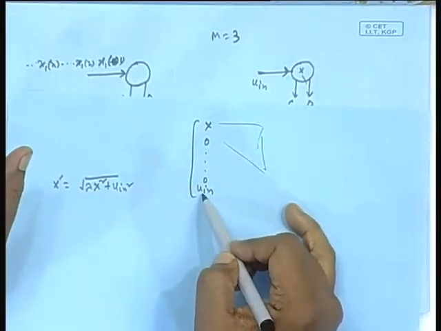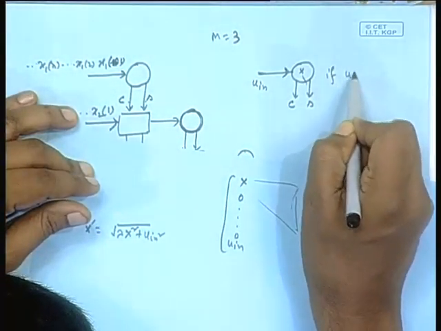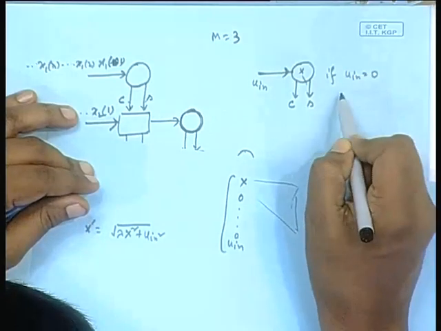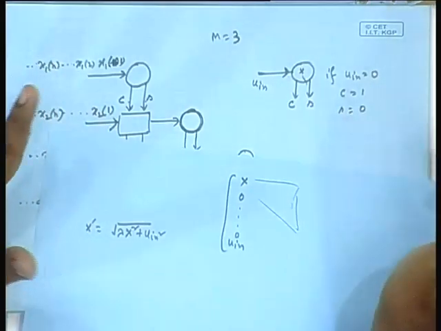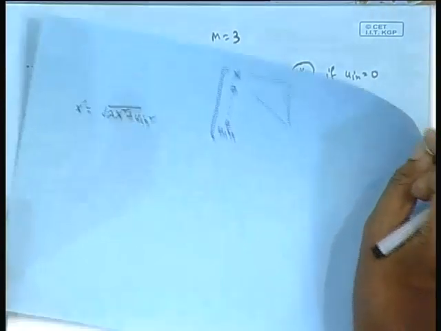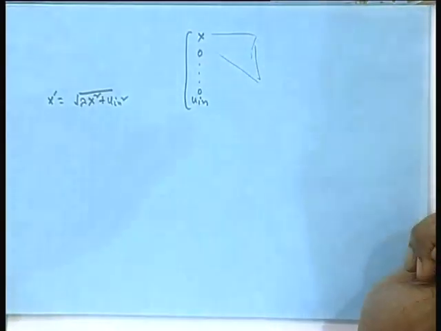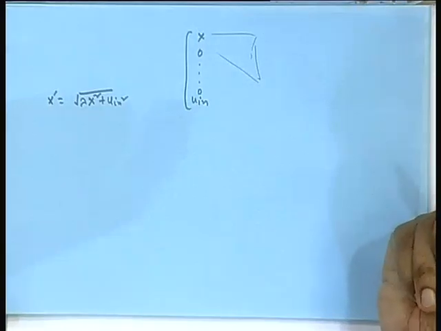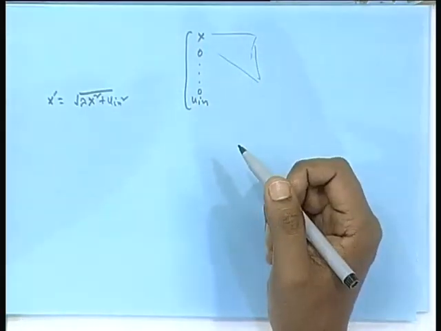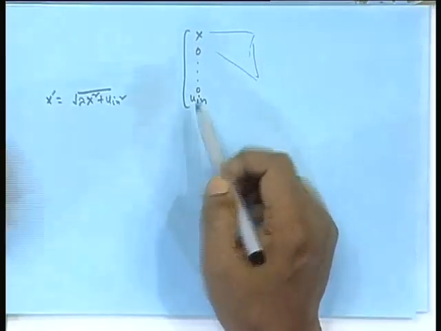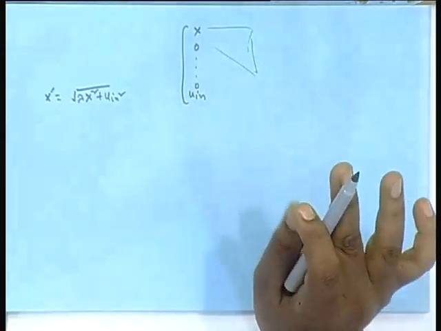If this is 0, this can be 0 or non-zero. If it is 0, then obviously C equals 1, S equals 0. Yes, you rotate by 0 degree, cos theta is 1. In the matrix form, 1 times this, S times this, S times this, 1 times this, S is 0, so 0 times this, 1 times this, you get 0 coming back here, this goes back here. That is a very simple case.